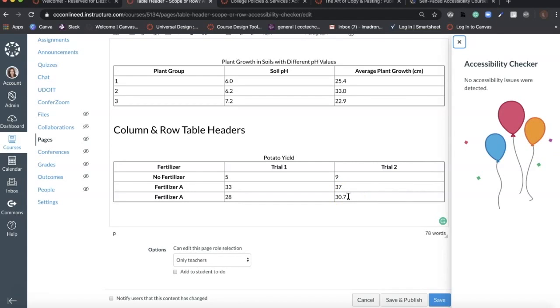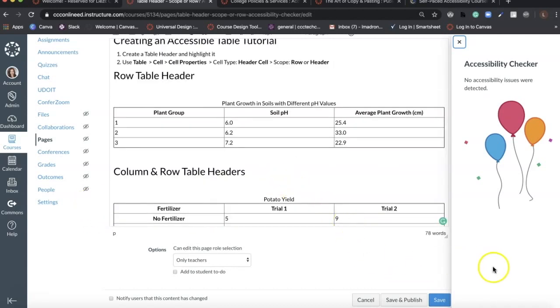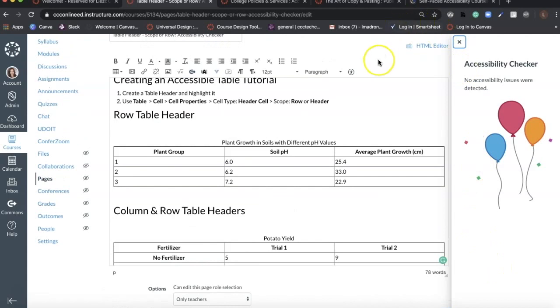So just a side note, the accessibility checker is a robot and it's only really good for table accessibility and color contrast. But I always recommend don't always rely on the accessibility checker or any accessibility checker. We will need to use our human eyes. So for example, if we need to create properly structured headings, the accessibility checker can't determine that for us. Or if the alt text is descriptive and meaningful.